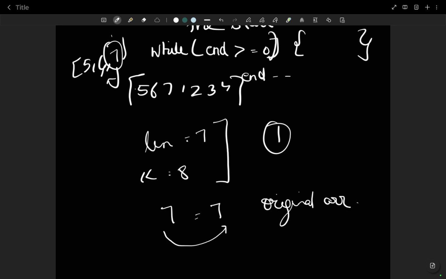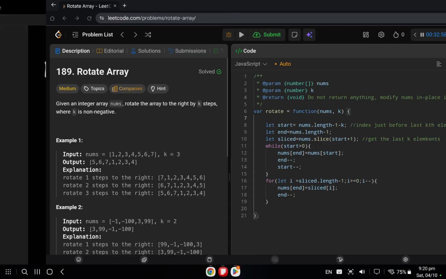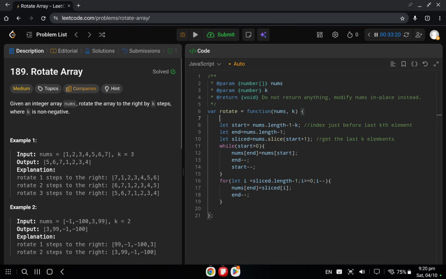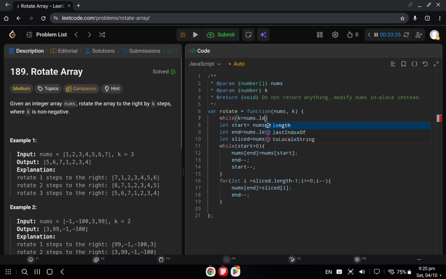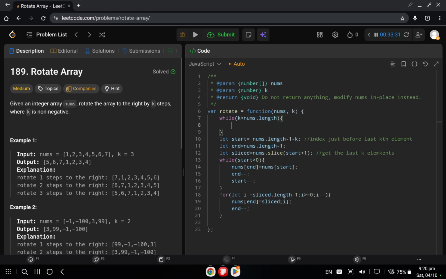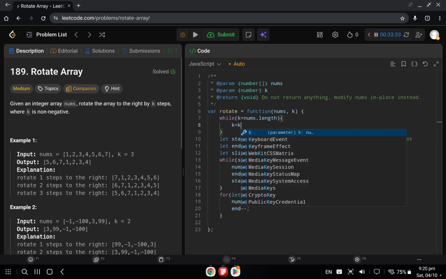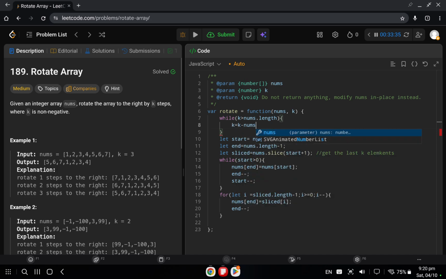So we have to find the net k value: while k is greater than nums.length, k is equal to k minus nums.length. We are just going to update the k value. This is how we are going to get the final answer.